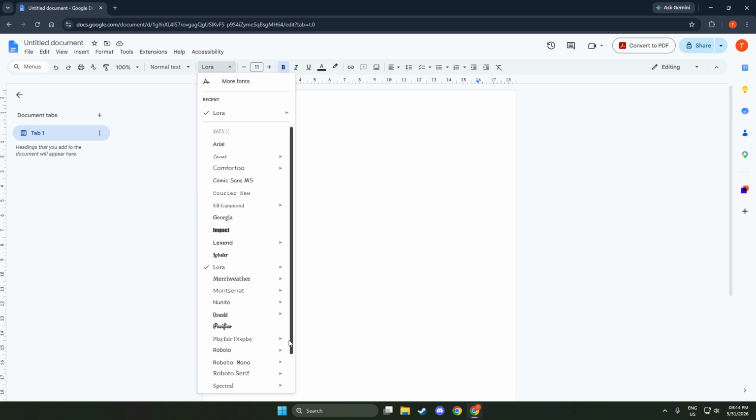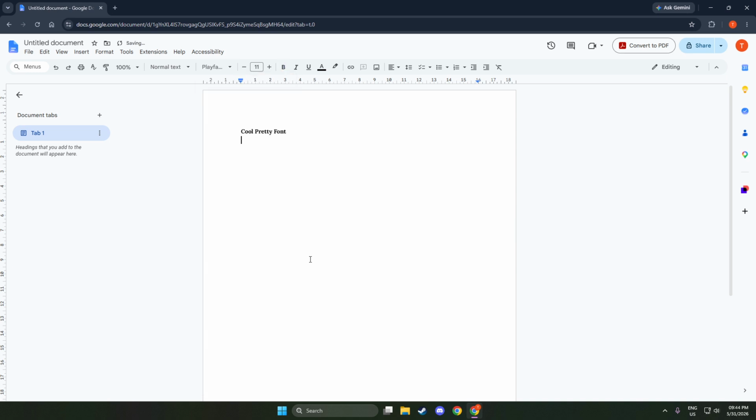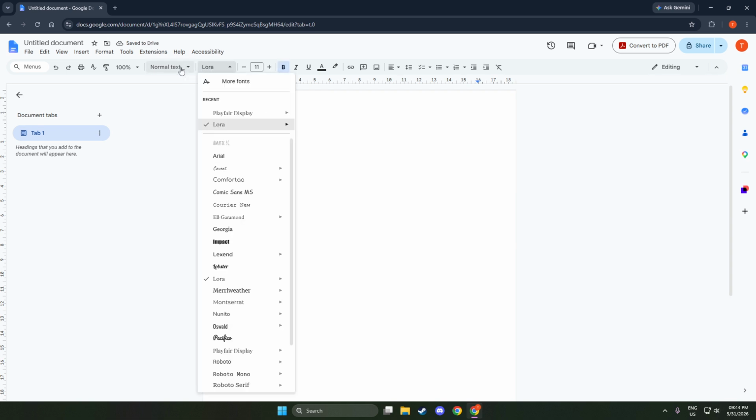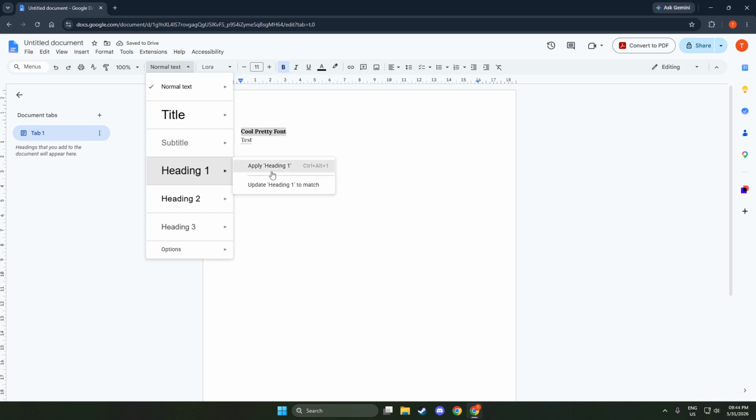Next, create a visual hierarchy so readers instantly understand what's most important. Think of it like a roadmap. Your main title should stand out at about 20 to 24 points, section headings around 14 to 16 points, and your regular text at 11 to 12 points. Don't manually style everything each time. Use the built-in styles for consistency.